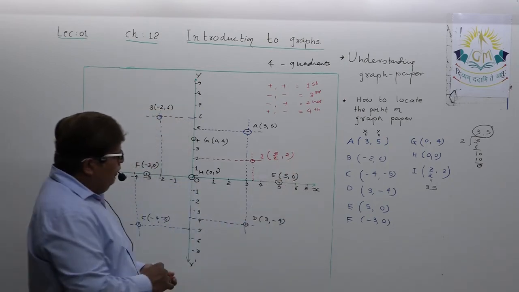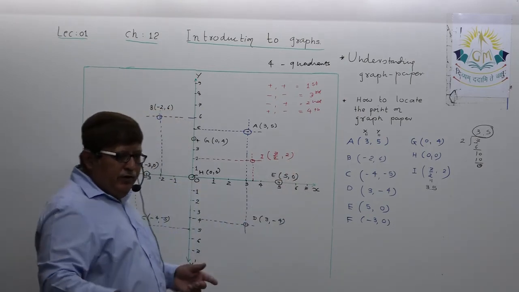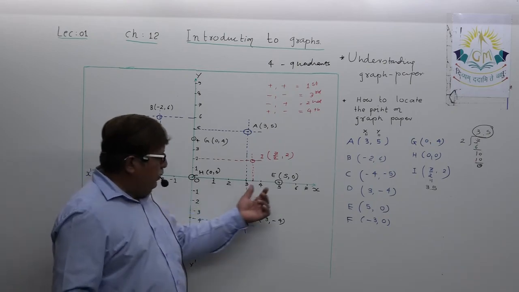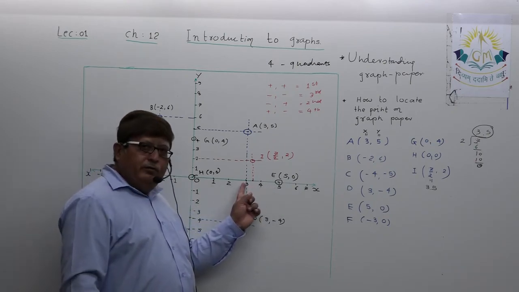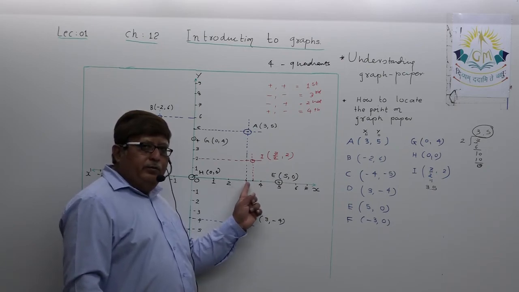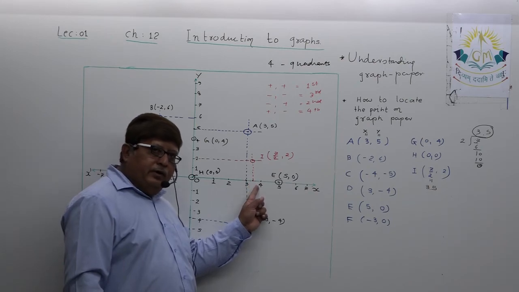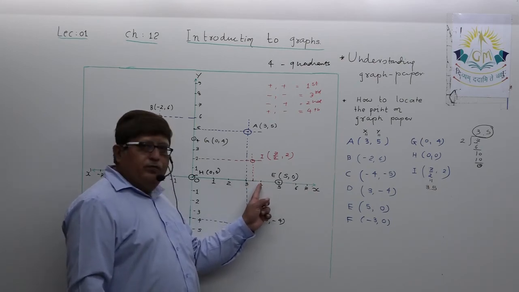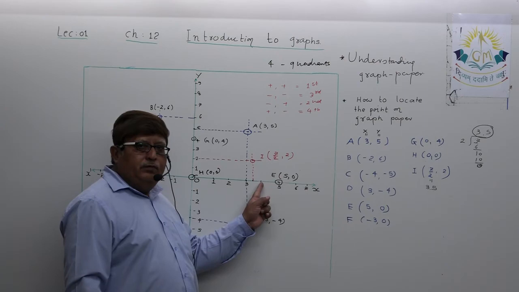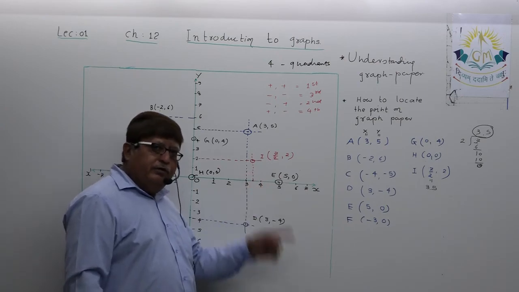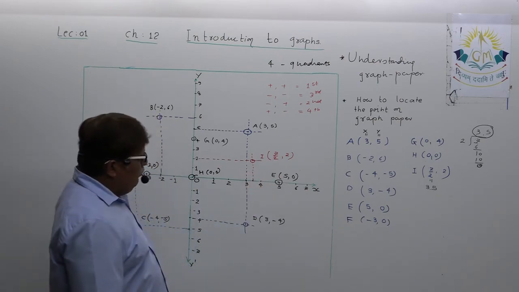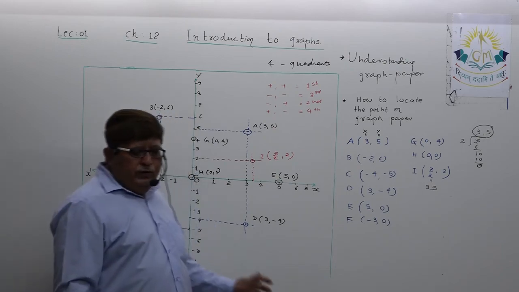Okay, dear student. So this way these 10 lines are considered like this. After 3, first line 3.1, then 3.2, 3.3, 3.4, 3.5, 3.6, 3.7, 3.8, 3.9, and 4. After 4, 4.1, 4.2, 4.3. This way you have to concentrate. So this is very important.